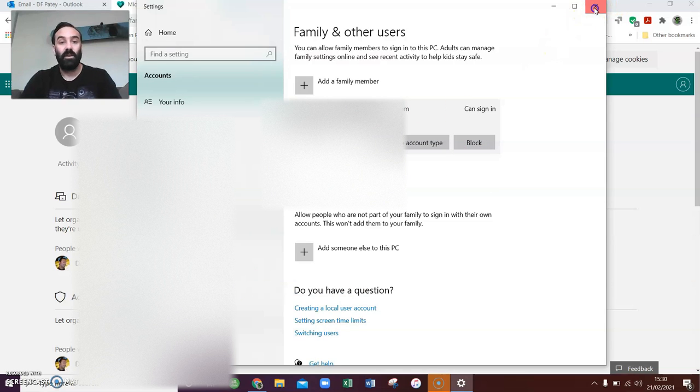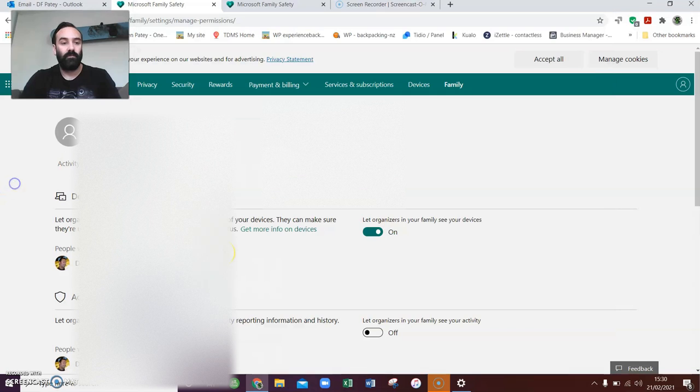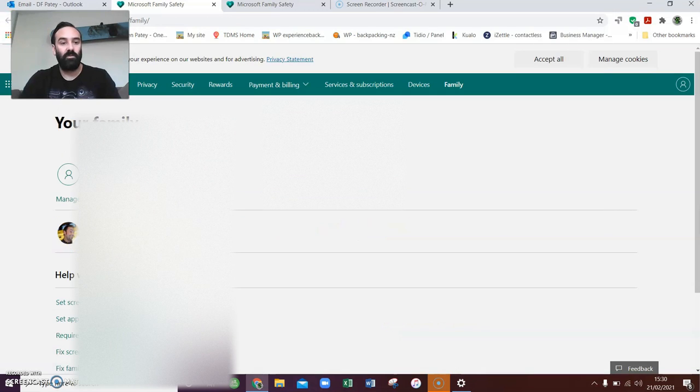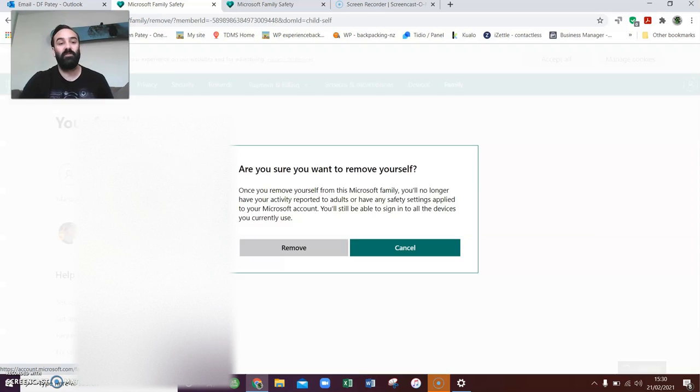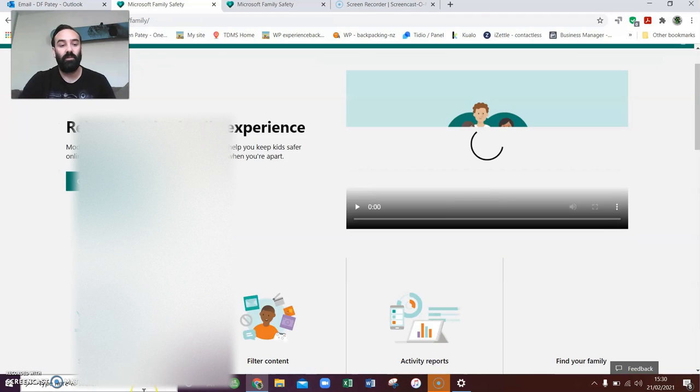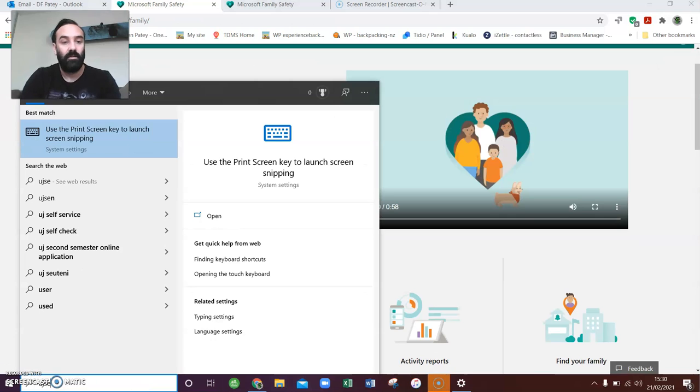If you're one of the members, then you can go into here and go back on the screen. You can remove yourself by leaving the family group. So if you bought your own laptop and you didn't want your Microsoft account to be accessible through this laptop or PC, you can leave the group. Simply remove. And then when you go into users,